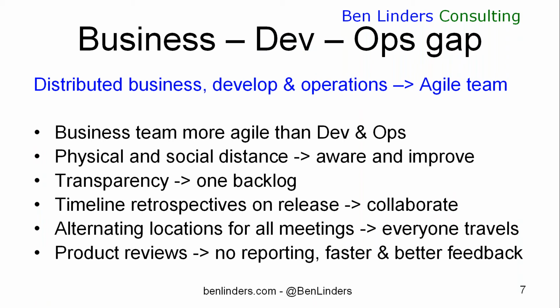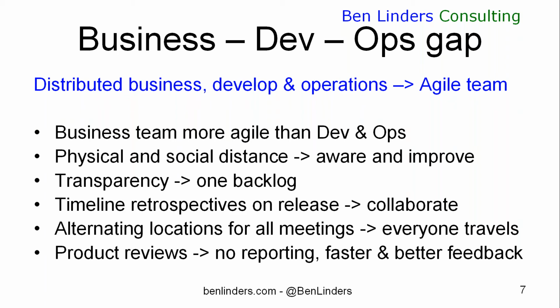And to give you an example of that, there was an organization I was working with, and they actually had their business team on one location, and the development team and the people involved in the operation were based on another location. When I got in touch with them, the first thing I noticed was that the business team was much more agile than the development and operation people were. The business team had a clear backlog, had clear priorities on what they would like to see developed in their product, and also knew how to prioritize stuff and how to work with that.